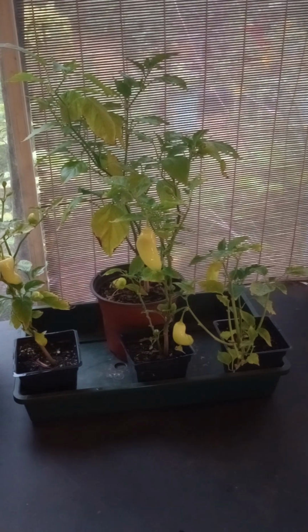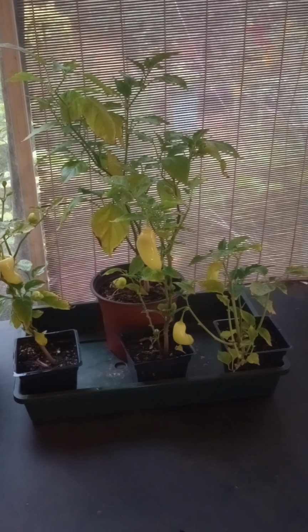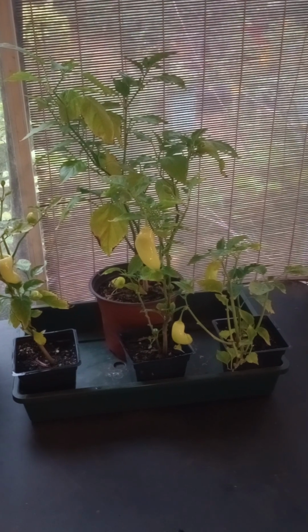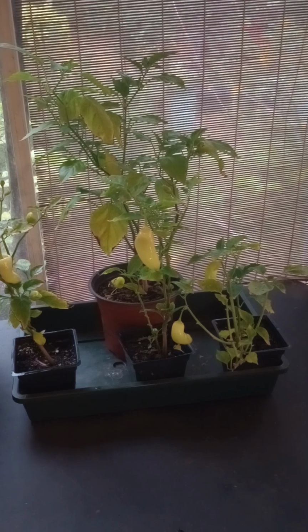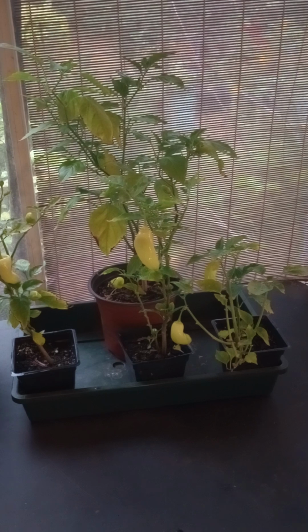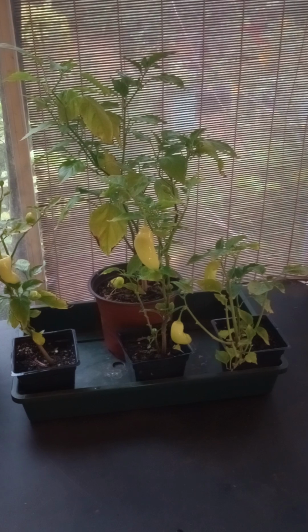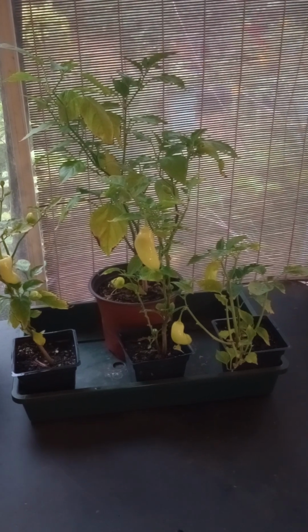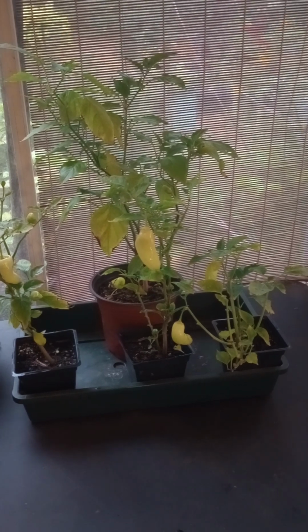You can't see that. But anyway, in USDA zones 5 through 11, they can be grown as an annual. However, they are classified as a perennial in 9 through 11. So, as a perennial, they are considered a short-lived perennial, meaning anywhere from 2 to 5 years, usually verging on 3 to 4. They mature from seed within 100 days, which is tricky because the hotter the peppers you get, the longer it takes for them to mature, and the less likely you're going to get fruit the first year,